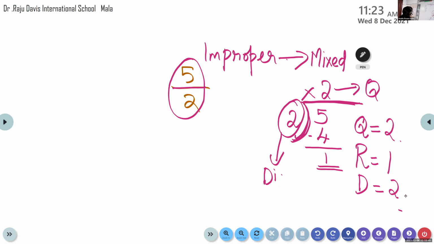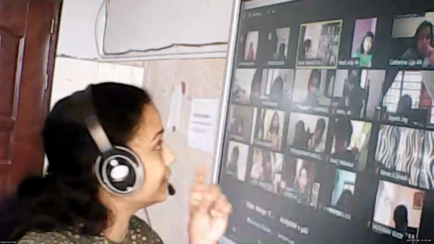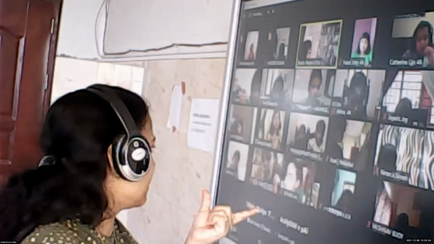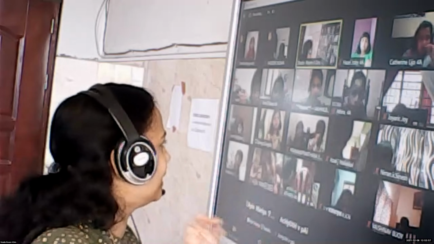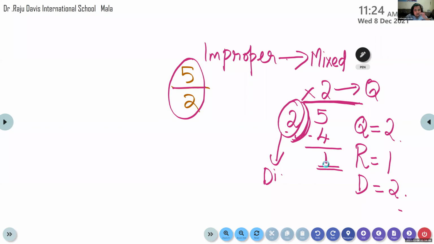Is there any doubt here? Ma'am, we should now write this as Remainder. And children, always you have to check whether your division is correct or wrong. Always take the remainder. It will be less than the divisor. Always the remainder will be smaller than the divisor. Then only our division will be correct. So here you check whether your remainder is smaller than the divisor. Yes, we have here 1 and it is smaller than the divisor 2. So what is here? Quotient 2 and the remainder is 1 and the divisor is 2.